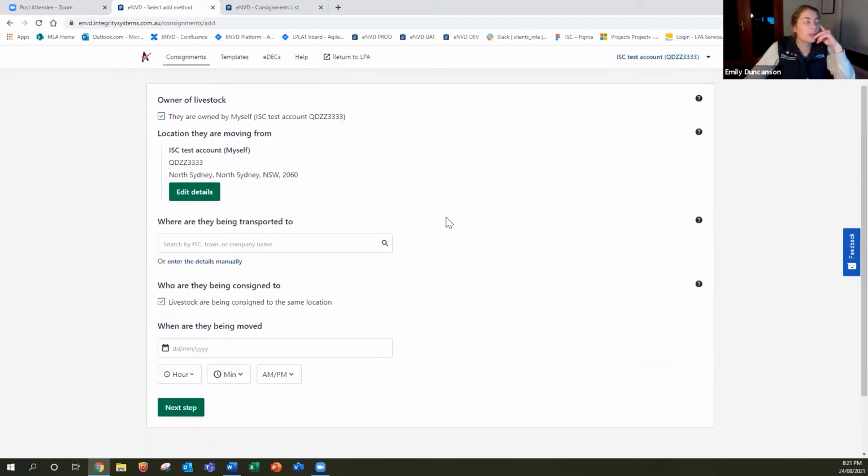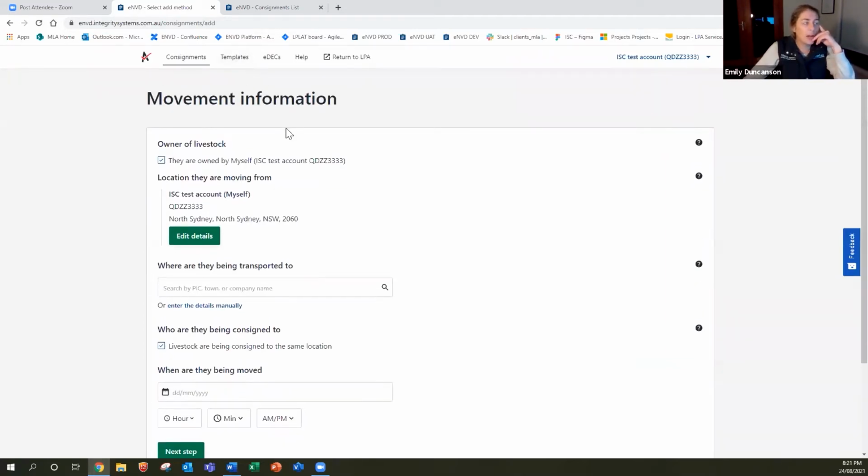So when you come into your consignment, it will ask you for your movement information, which is consistent with Part A on a regular paper copy NVD. At the top here, you've got owner of livestock, which is pre-filled as the account that's logged in. So you can see here that that box is ticked that I am, and this is the location that those